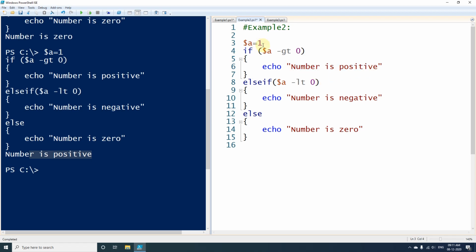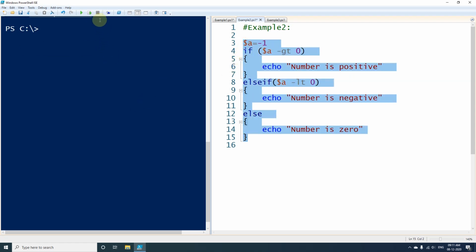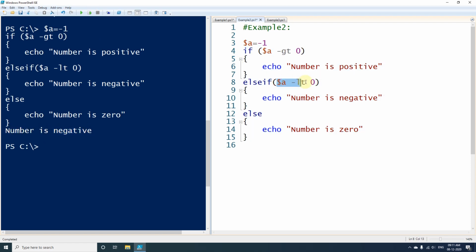And if I convert that into a negative number and execute once again, you will see we are getting the output number is negative. $a is less than 0, so -1 is less than 0, and that is the reason this part was evaluated and we got the output number is negative.